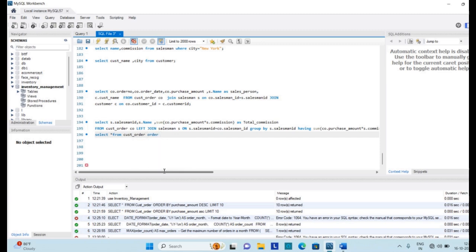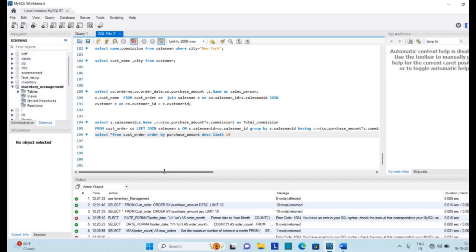We are just saying that we need the maximum of the orders given in our organization, so it should be ordered by a particular amount, that is your purchase amount. So we will write here purchase amount, and because we want it to be at the top level, that is from the top 10, we will write descending. Then we will give the limit of 10.